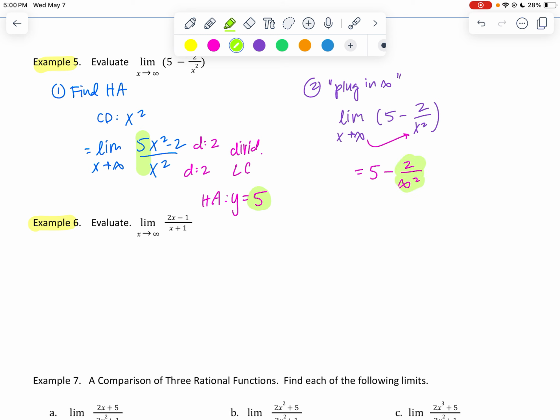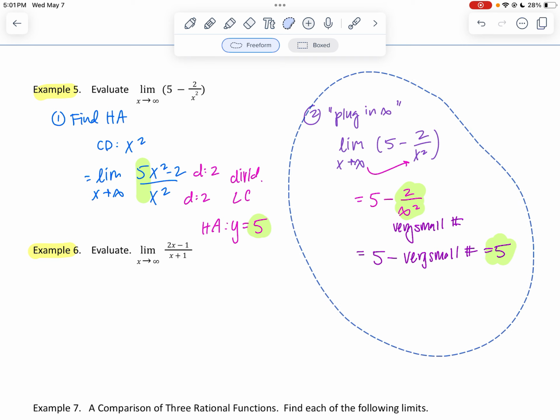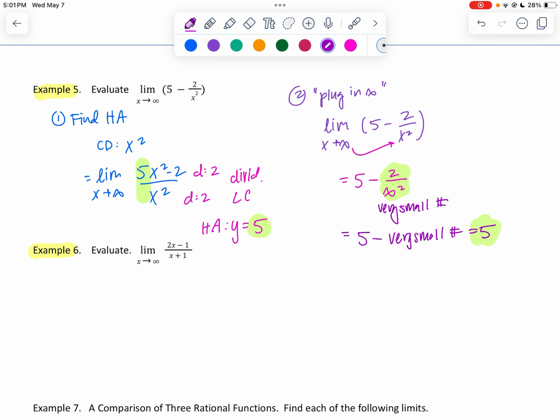This value is going to be super, super tiny. So this is a very small number, right? And so all I'm really evaluating is 5 minus that very small number, which gives me a value of 5. That very small number is so tiny that it doesn't really matter. Okay, so there are the two methods: plugging in infinity and evaluating it using context clues about infinity,